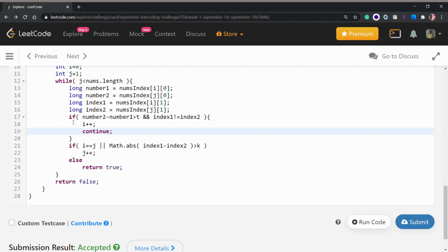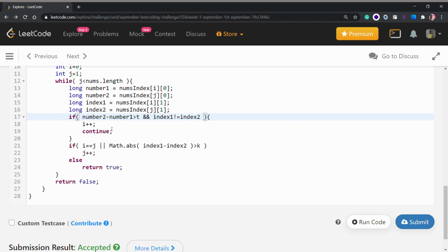We have an if condition here which will check if our difference is greater than t, and it will also check that our index 1 should not be equal to index 2, because it is possible that we might have incremented i previously, and this time our i and j point towards the same element. So that's why we have to make sure that both of these conditions are true.